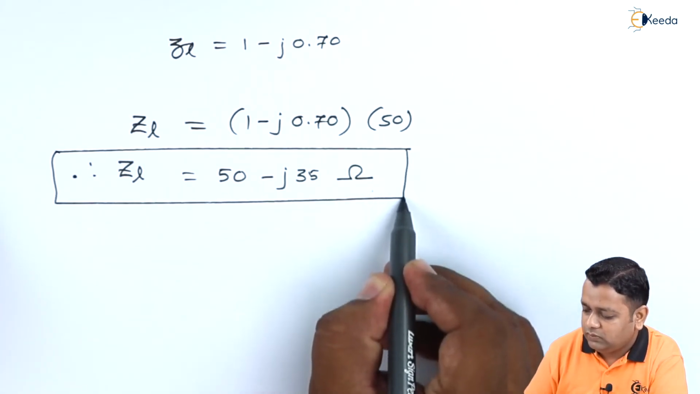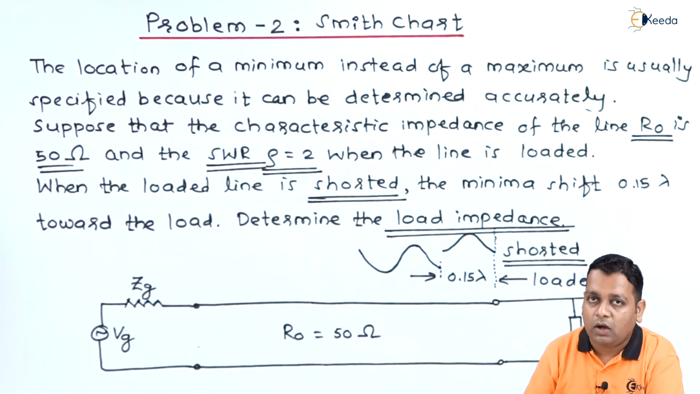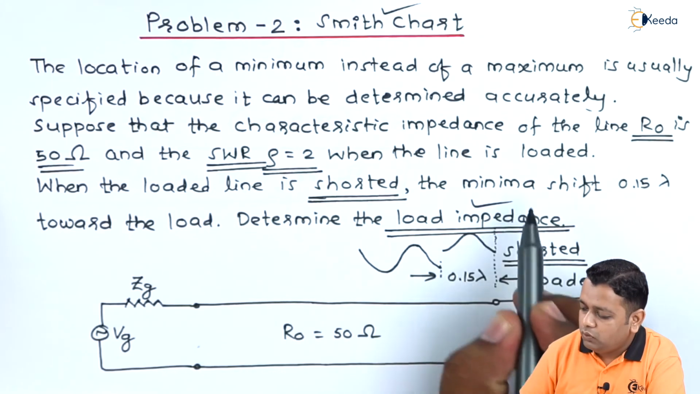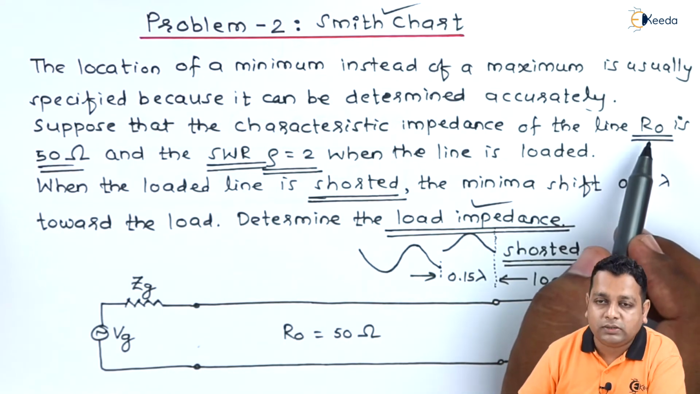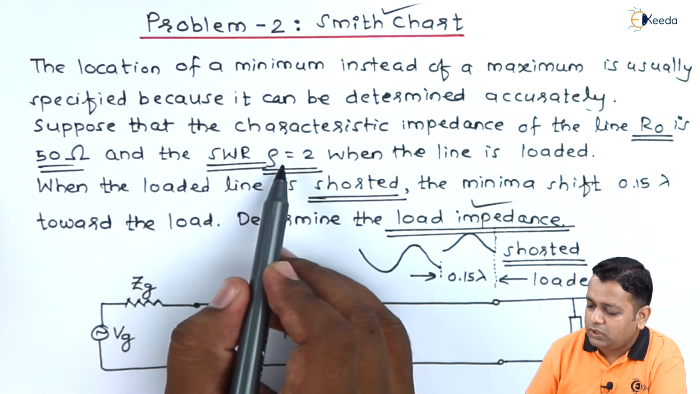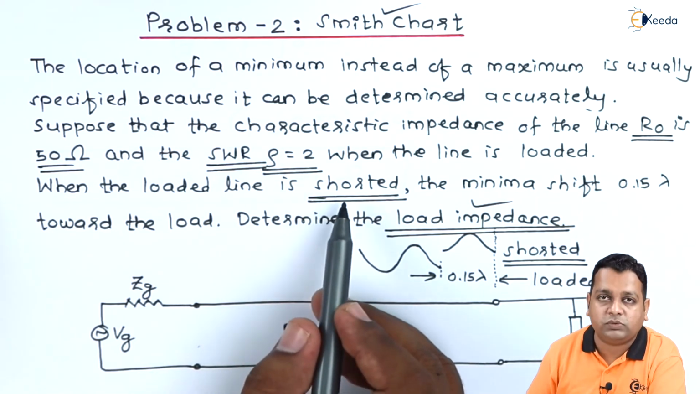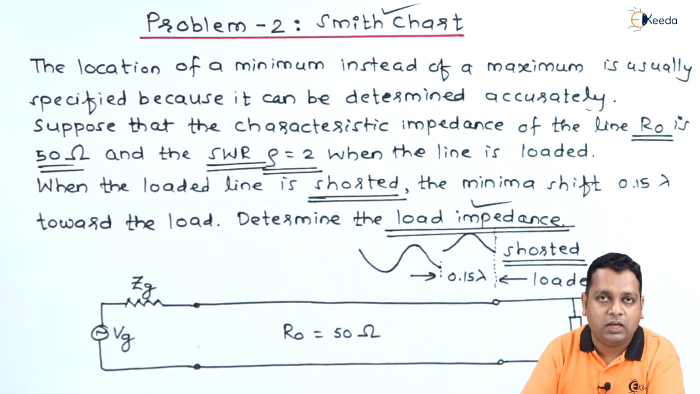So this was our problem statement, and with the help of the Smith chart we were successful in determining the value of the load impedance when the characteristic impedance, the standing wave ratio, along with a minima shift for the shorting of the transmission line are provided to us. I hope the problem is very straightforward and your doubts related to the Smith chart are cleared by practicing this problem. In the next lecture we shall continue with the same chapter, microwave transmission lines, and the topic will be the single stub